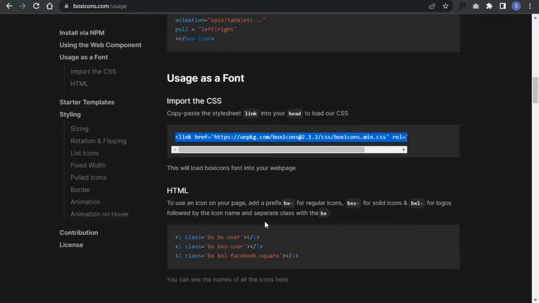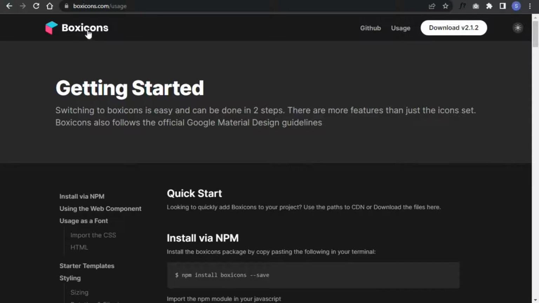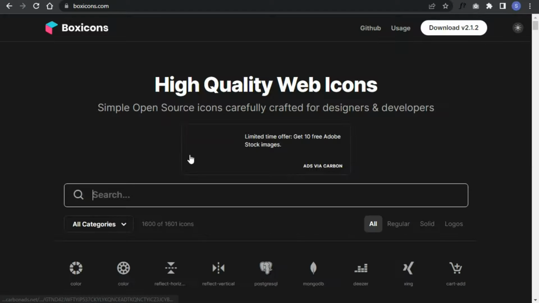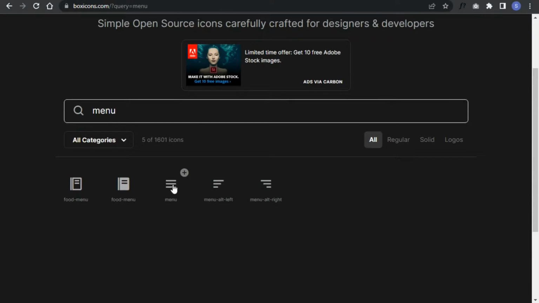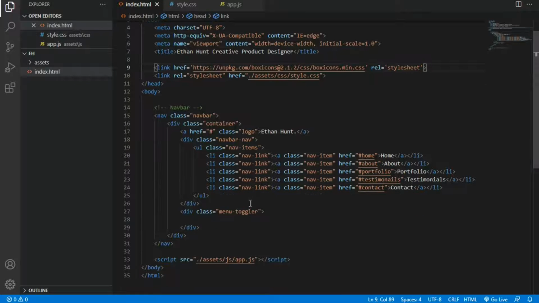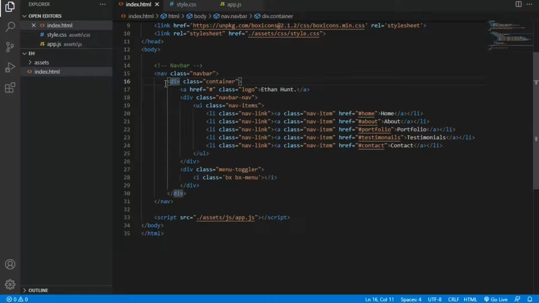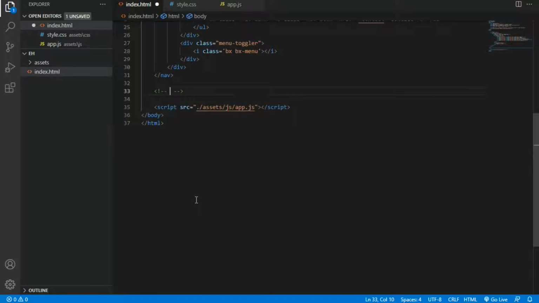Okay, so here I'm gonna search for menu. Okay, so I'm going to copy this menu. I'm going to click on the font, and I'm going to click on this one. So I have copied, and here I'm going to paste the icon right here. Okay, so that's it for the navigation, and after the navigation I'm going to create a hero section,